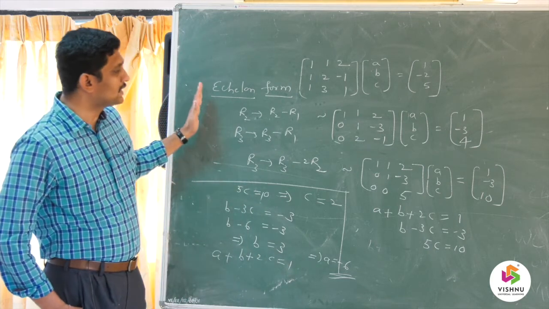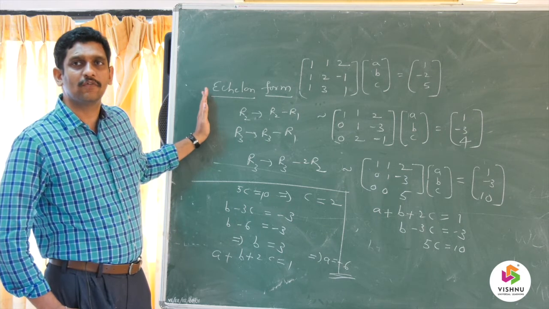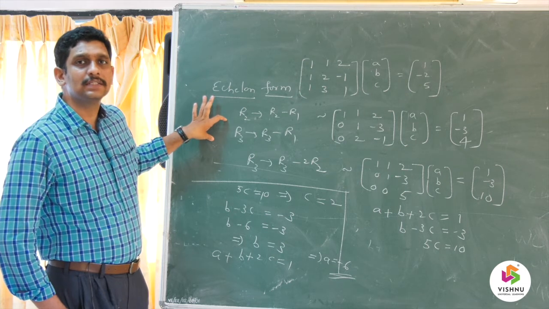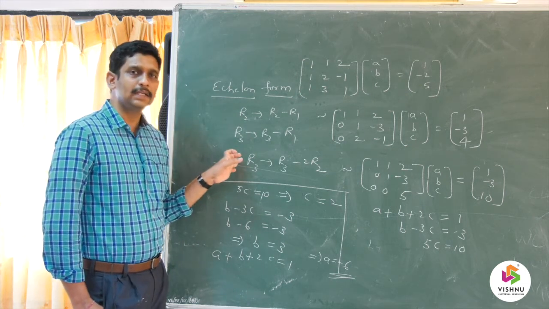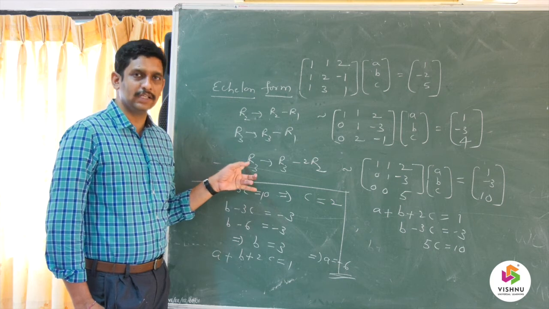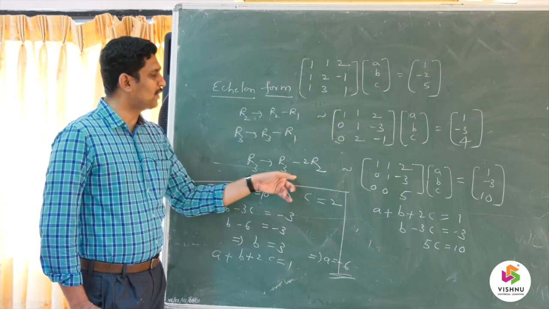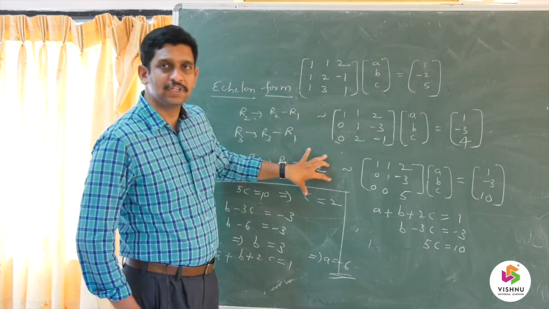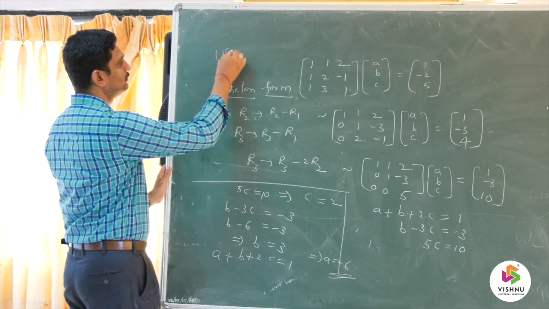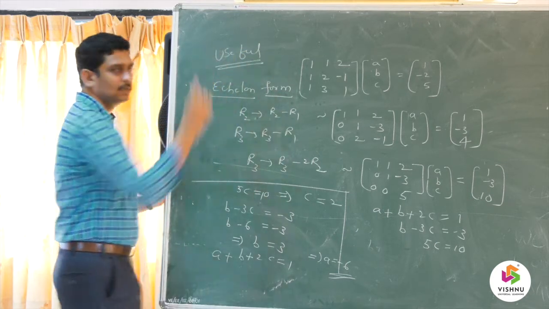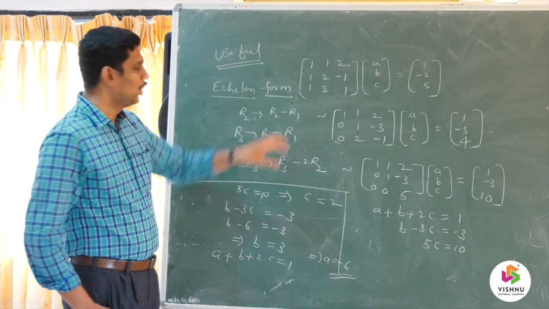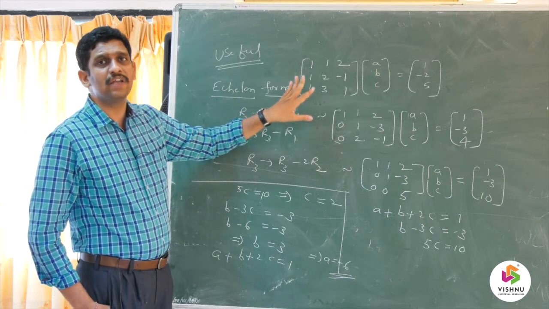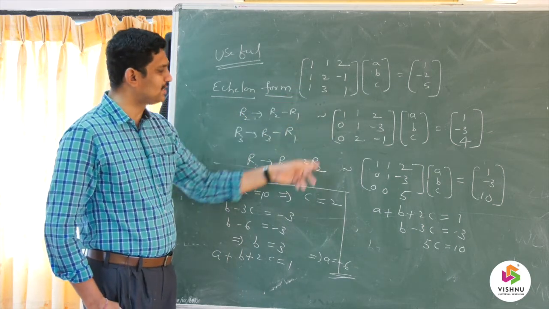So there are two methods discussed for finding the linear combination. What is the first one? We will do the solution of solving a system of linear equations either by eliminating the parameters one after the other, or solving the system of equations using the matrix method. Among these, even though it seems a little confusing, this is the most useful method, because for the upcoming topics we are going to deal with linear dependence and linear independence. There each and every problem will be solved using the matrix method only.